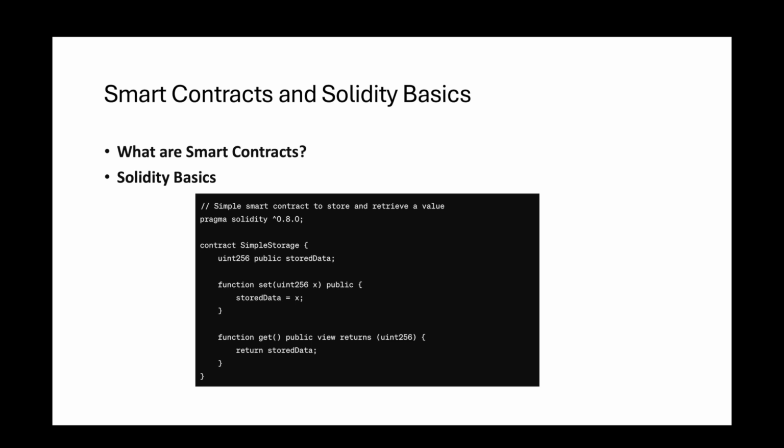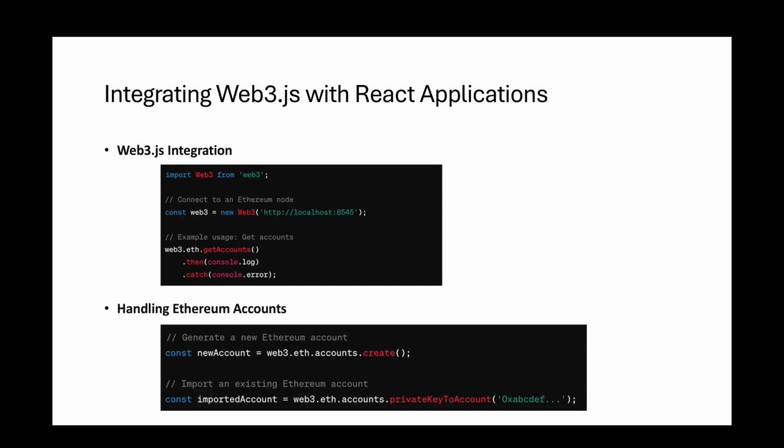Example smart contract. Simple smart contract to store and retrieve a value. pragma solidity ^0.8.0; contract SimpleStorage { uint256 public store; function set(uint256 x) public { store = x; } function get() public view returns (uint256) { return store; } }